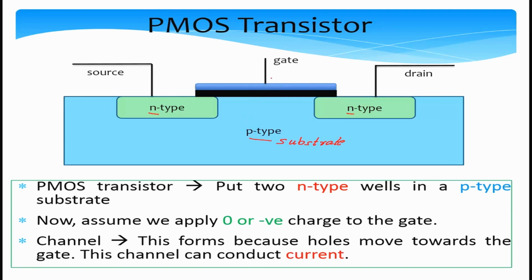If we apply a 0 or a negative charge to the gate, I can design the transistor in such a way that if there is a small negative voltage, or even if the voltage is 0, all the holes will get deposited here,